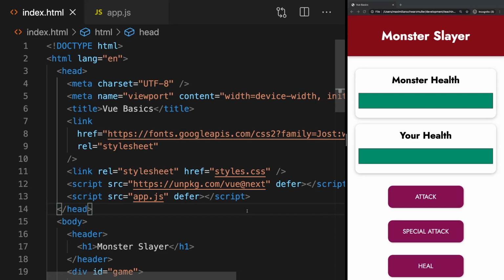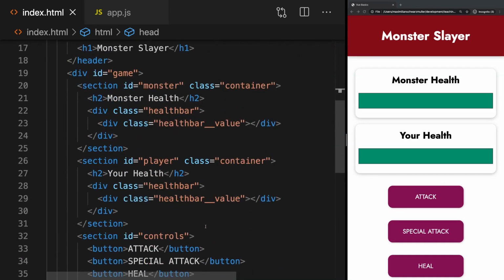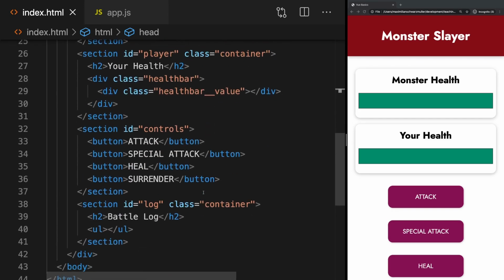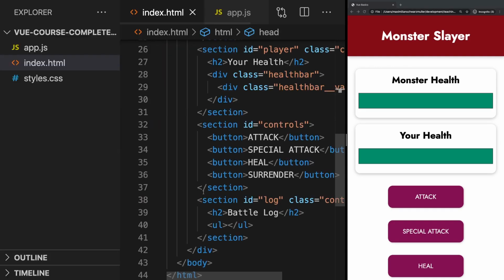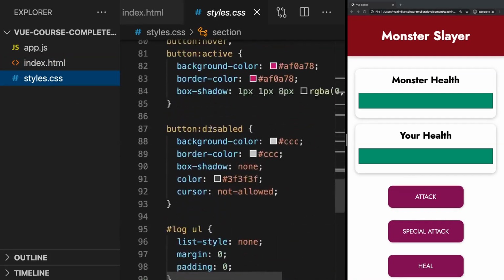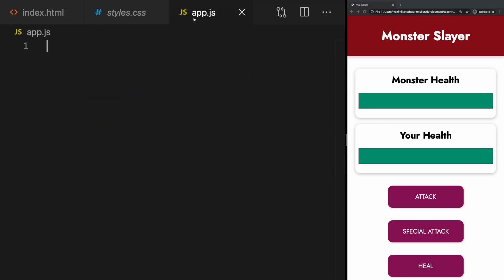So let's get started. Attached to this lecture, you find this starting project, which is this index.html file with a basic skeleton for our application. No Vue logic is in there yet, it's really just HTML. You got a style CSS file with some basic styles we're going to use throughout this module, so throughout this app. And you got an empty app.js file,